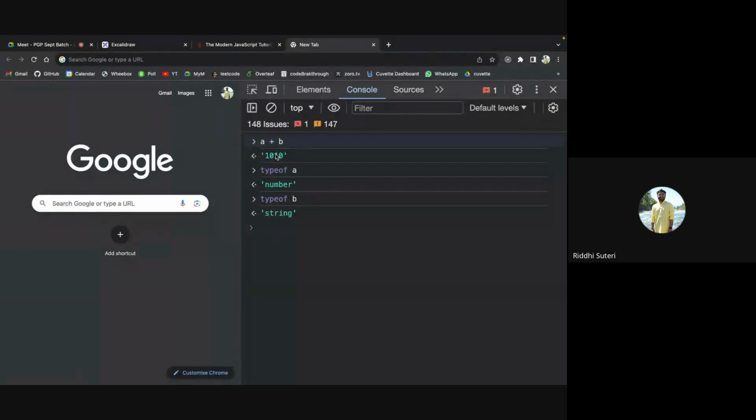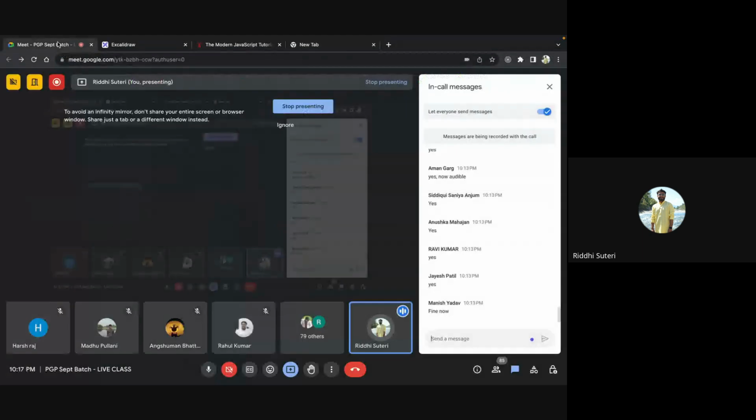So a number is converted to a string, and when you convert 10 to a string, it becomes "10". Another one was 10 only, so it is 10 plus 10, and both of them are strings now. And when you do addition on strings, it becomes concatenation. दोनों add हो जाते हैं, they fuse together to make something like this, right? That's why you were receiving 1010 as an output.